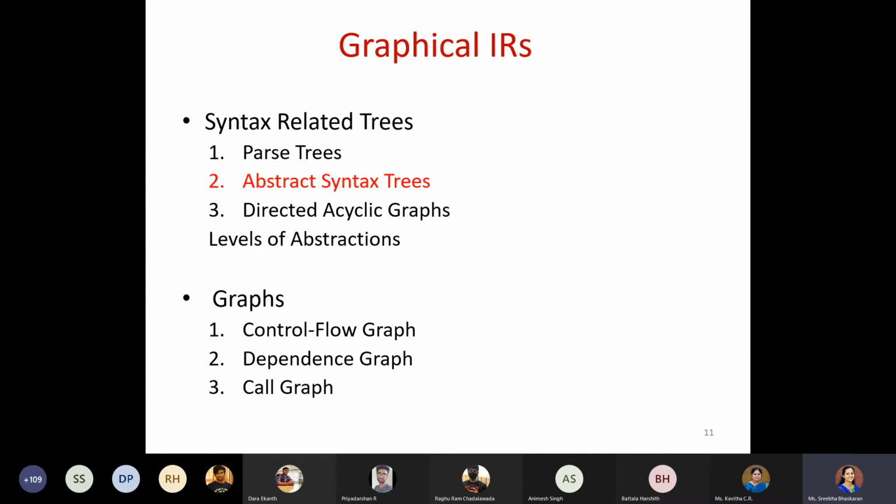You have enough space for storing everything. If you have your tree represented along with the non-terminals, it is clearly defined, so it is easy for everything. The only thing is that memory is the only consuming thing. So if your system has enough memory, then you can go with the parse tree, no issues.